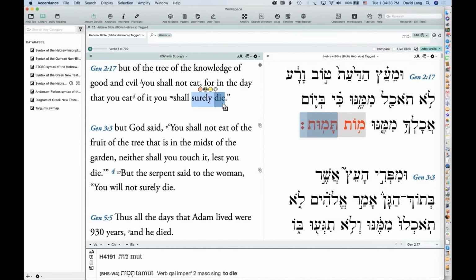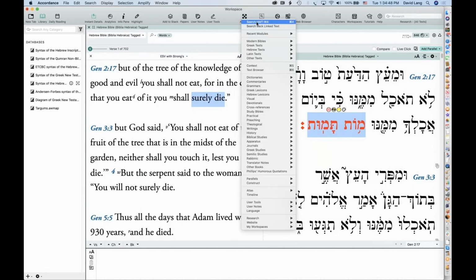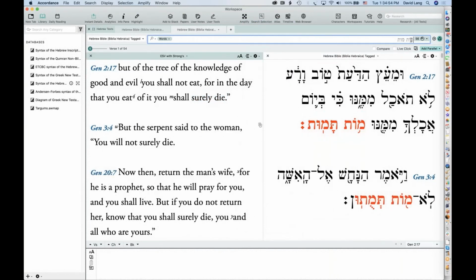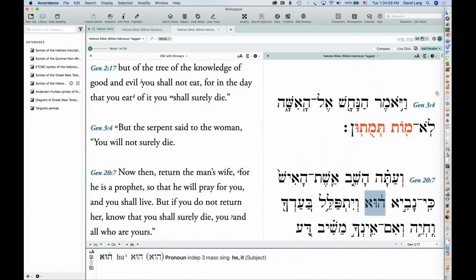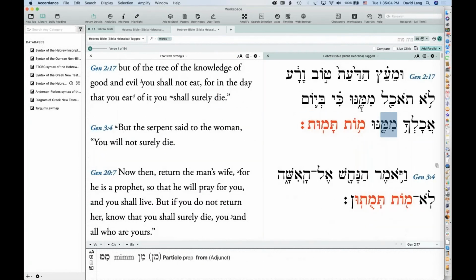You will surely die. Well, how do I search for that particular construction? One thing I can do is select the words, and I could amplify and look for that particular phrase. Search HMTW4. By default, it only looks for moot immediately followed by moot, and that actually gets me pretty close. But what if there's a case where another word comes between the infinitive absolute and the imperfect?